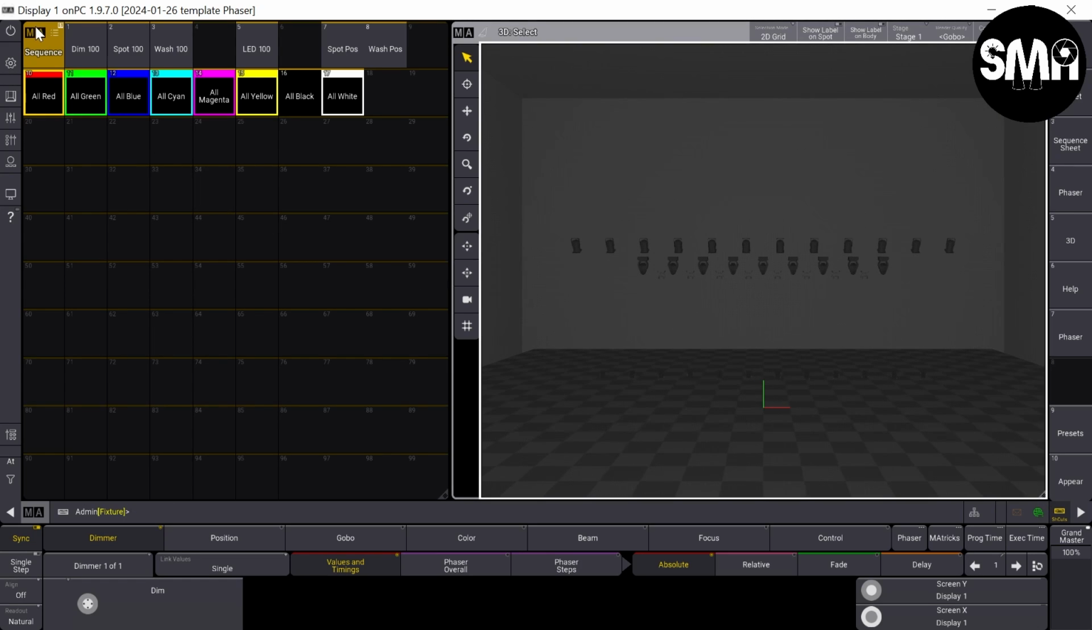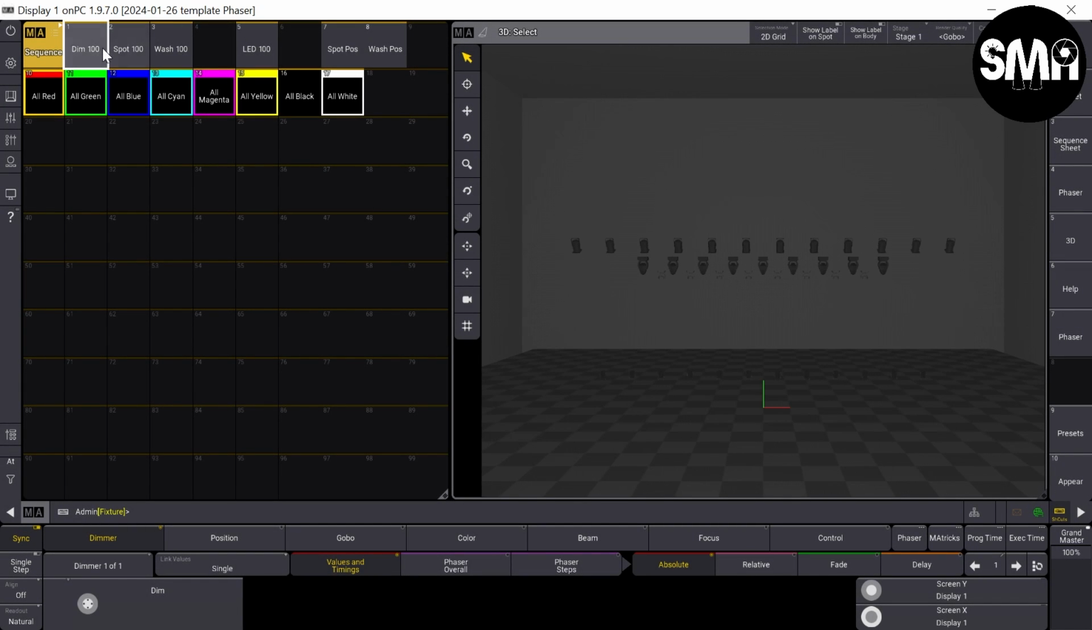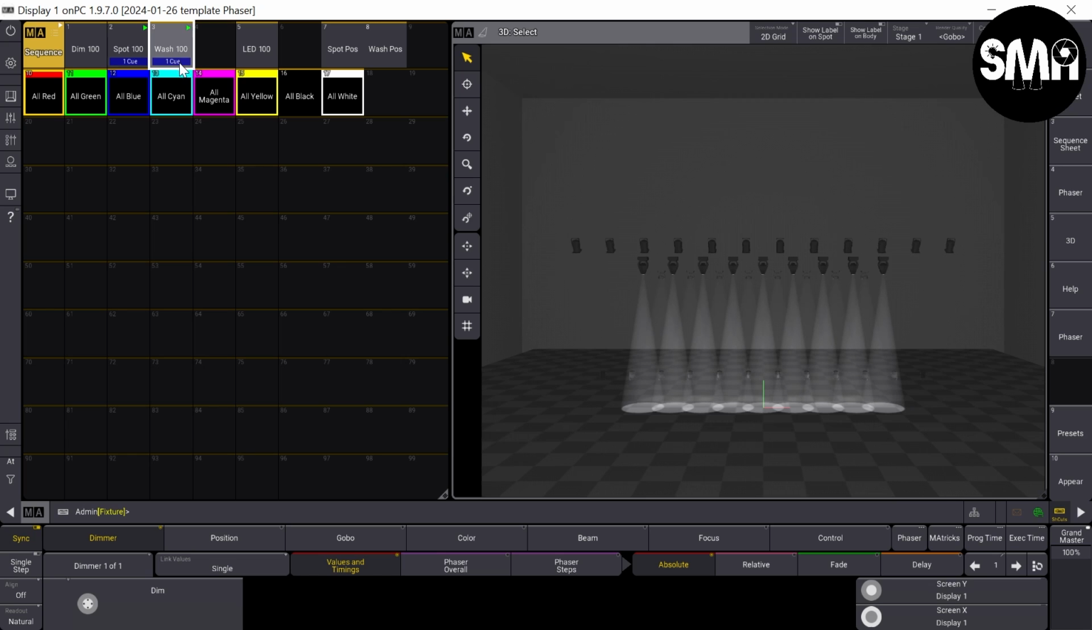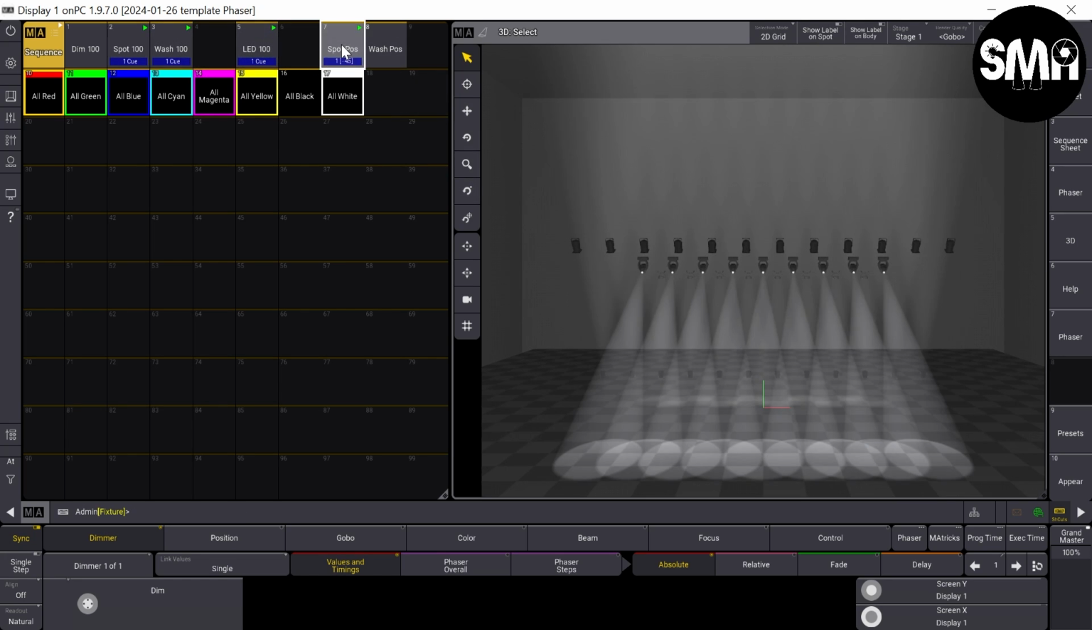We'll change the sequence pool from action select to go plus. So in another tutorial I created these sequences where I can bring the intensity of the fixtures up and also change the position of the moving lights. And now